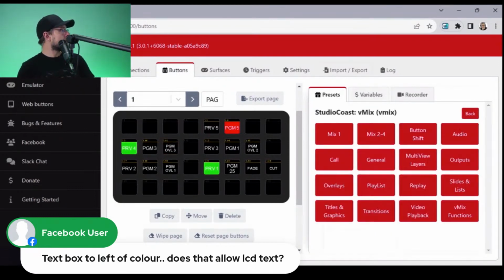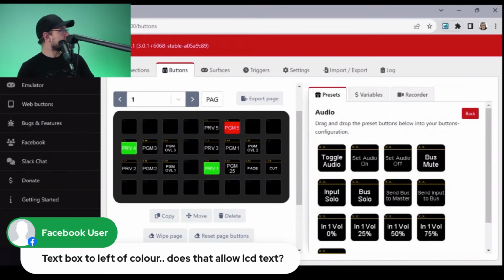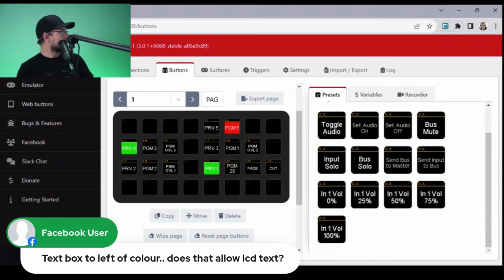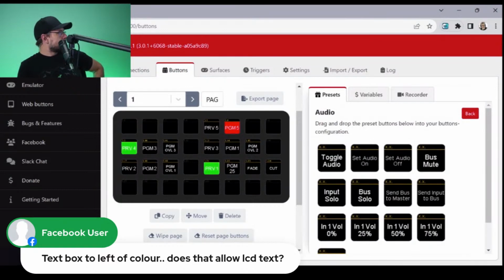So vMix audio is what I'm looking for. Oh good, there's the toggle. So that's what we want to do. Set audio on, set audio off, I think. So audio on will be button 3.